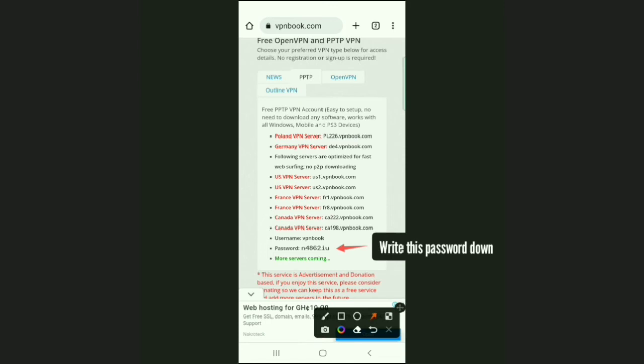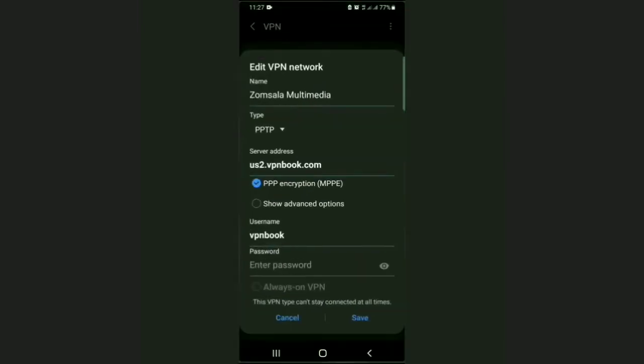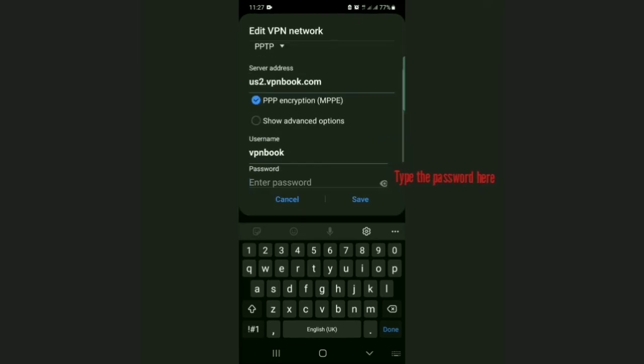So after we have done that, we move back to our setup and then type the password there. So after we are done typing the password, we click on save